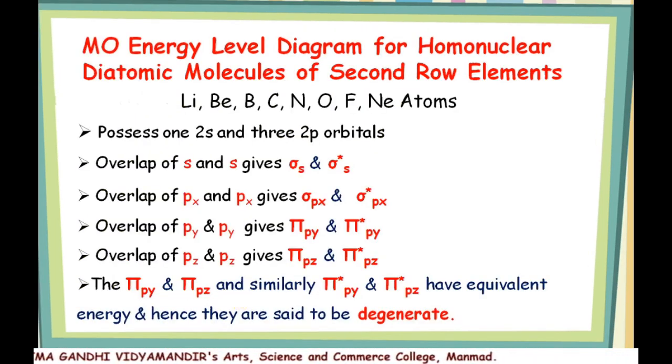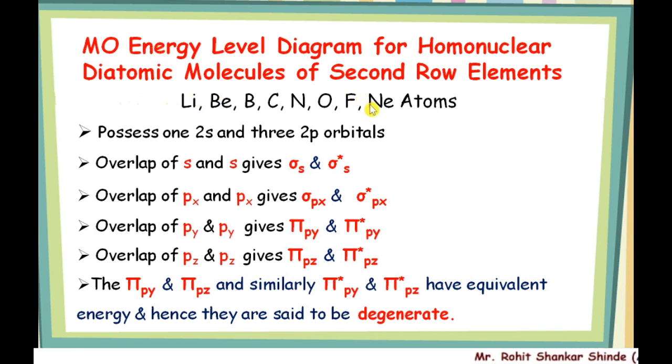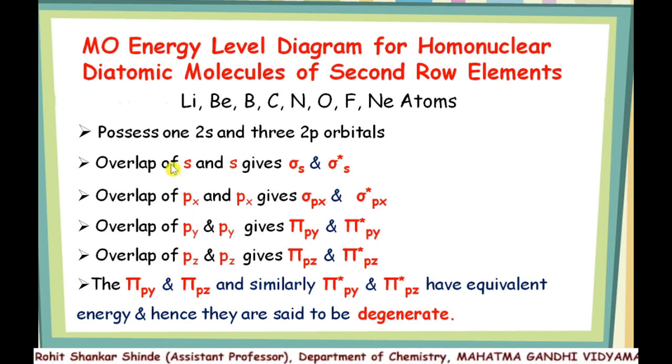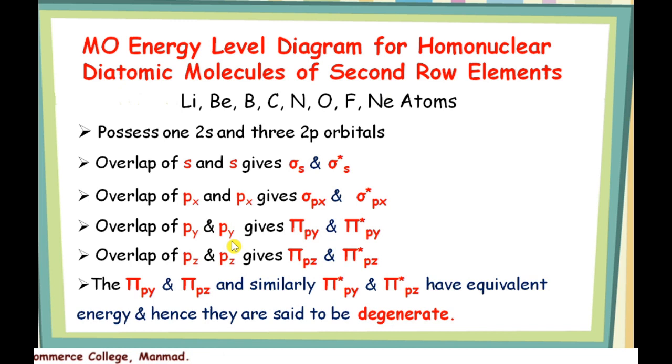In this lecture, we will see MOT diagrams for homonuclear diatomic molecules of second row elements. The second row of the periodic table consists of the elements from lithium to neon. These elements possess one 2s and three 2p orbitals. The s-s combination of atomic orbitals forms a sigma bond. The px-px combination also forms a sigma bond, while py-py and pz-pz combinations form pi bonds because there is a sidewise or